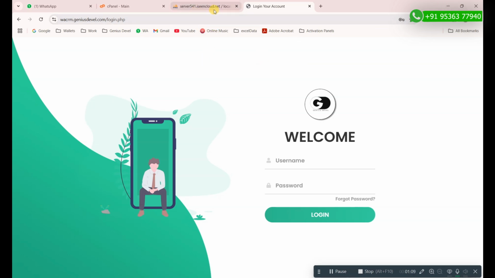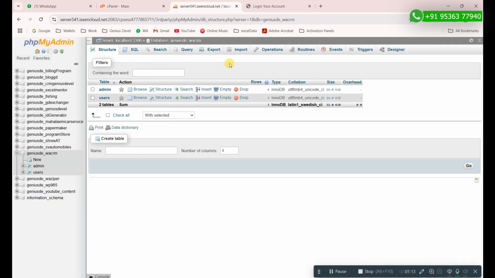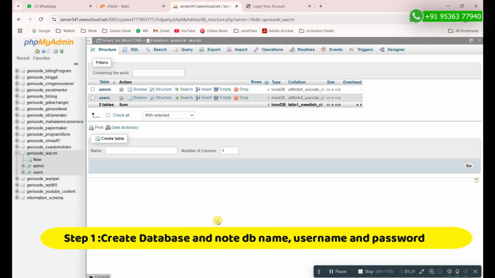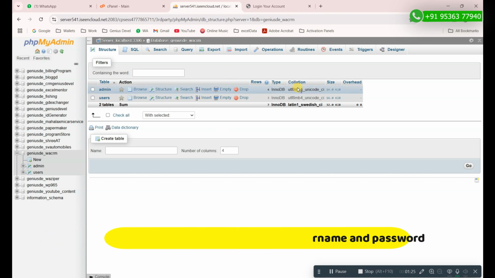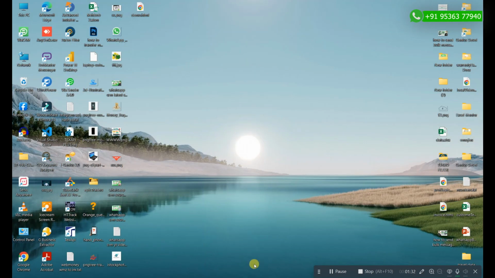First of all, create the database. I have also created the database. In your case, first create the database and note down the WhatsApp database name, database username and password. Okay, note down the database name, username and database password first. Second thing,